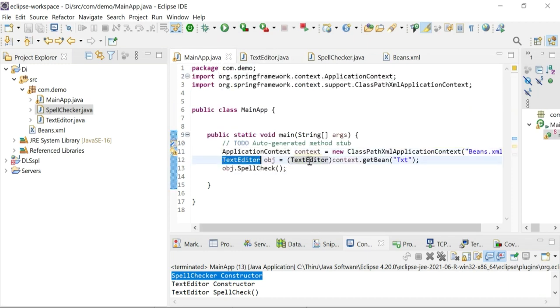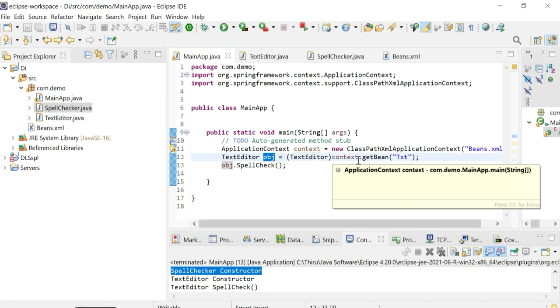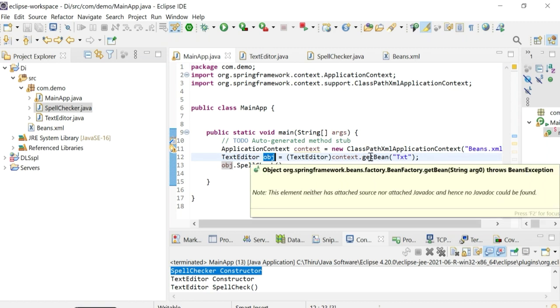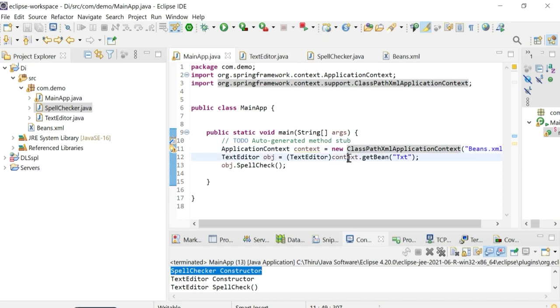Text editor. Here what we do is create an object for the text editor, and we assign this object with the text editor bean. How do we access the bean? Using the application context object dot get bean method.